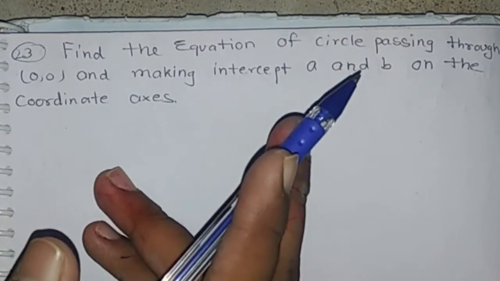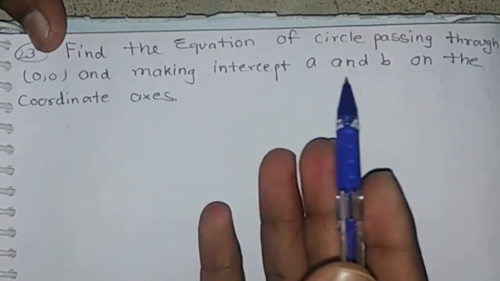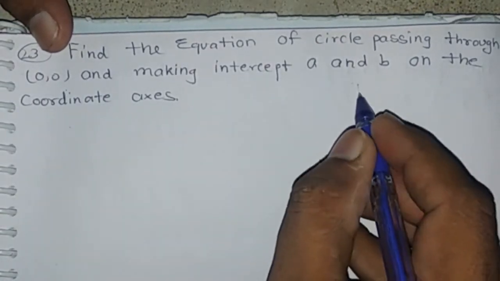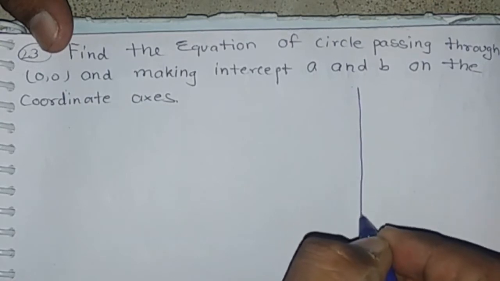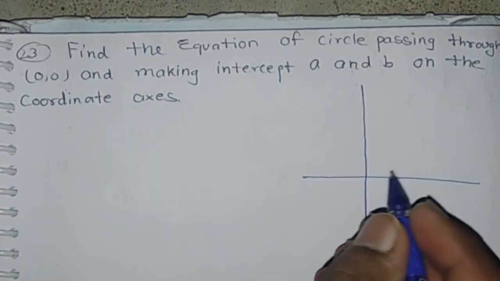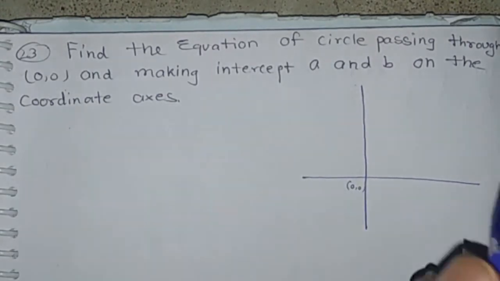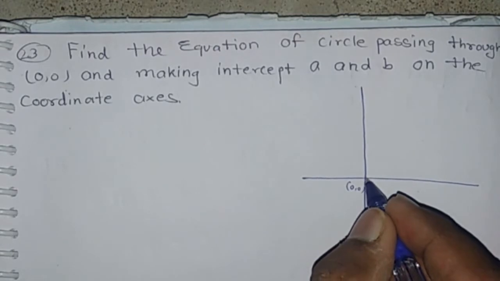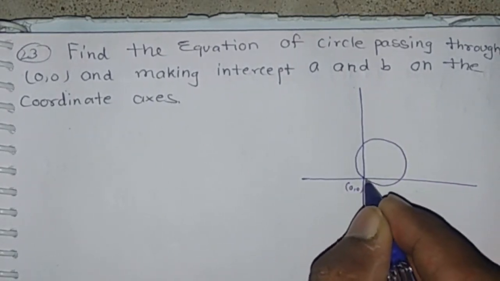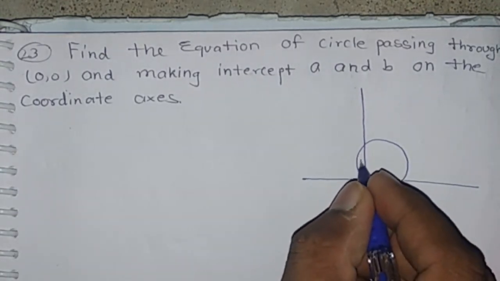Question number 23. Find the equation of the circle passing through the origin and making intercepts A and B on the coordinate axes. Since the circle passes through the origin and cuts off intercepts of A and B from the x-axis and y-axis,